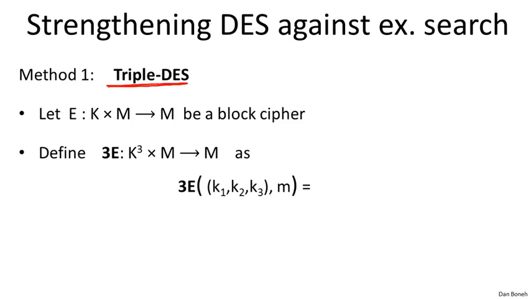And this is what's called triple DES. So triple DES is a general construction. Basically, it says the following. Suppose you give me a block cipher E. So here, it has a key space K, and it has a message space M, and an output space, of course, M as well. Let's define the triple construction, which now uses 3